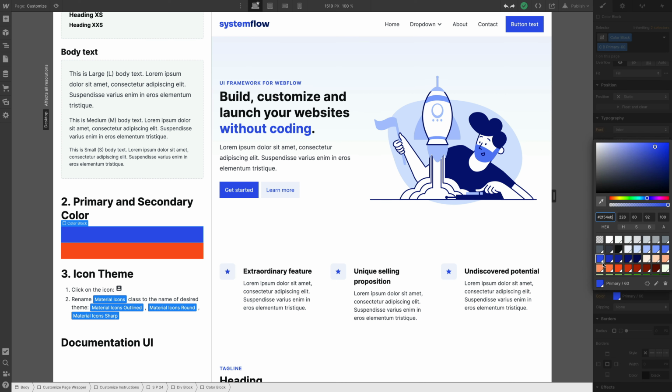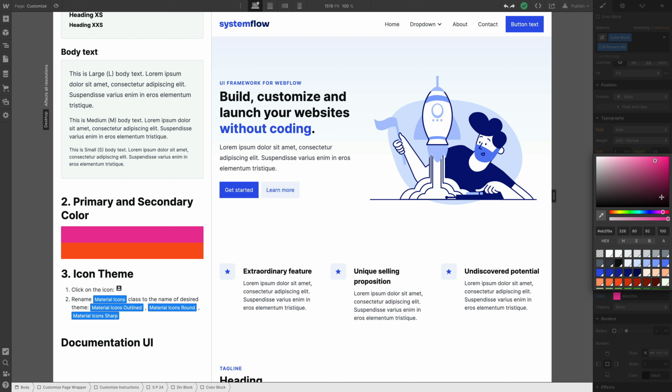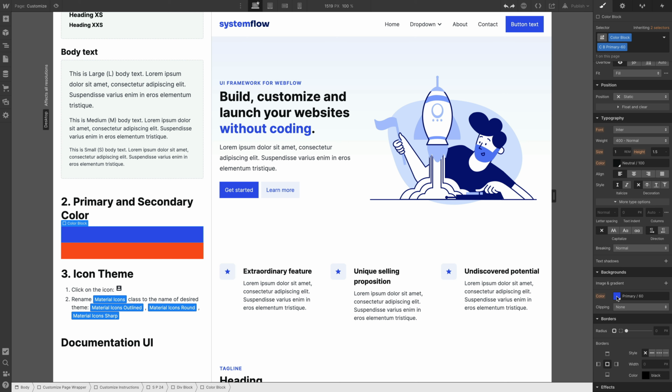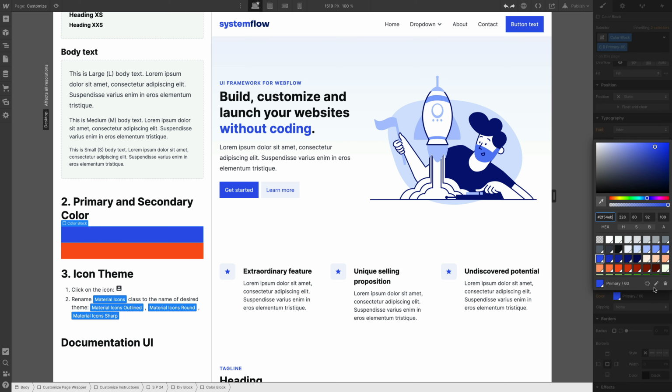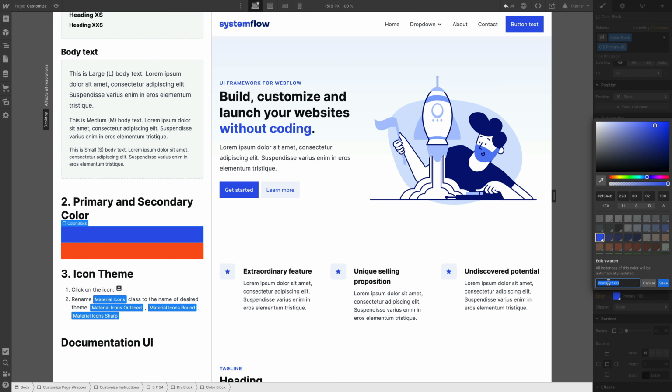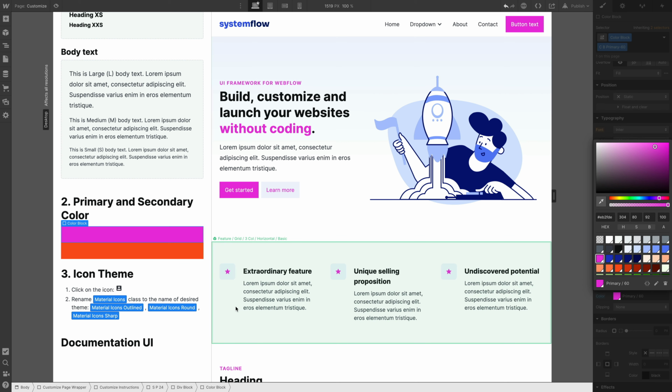So let's say you want to change this blue color. You click on this little edit swatch button, and this is super important because if you decide to change it from here directly, what you're doing right now is you're not modifying the swatch, you are modifying the primary class. And that would be okay because everything will change accordingly, but you won't modify the swatch, and you want to modify the swatch to be able to select it later on. So you press on edit, and only now after editing this class, you're going to change it, and just make sure you press save because I oftentimes forget about it,